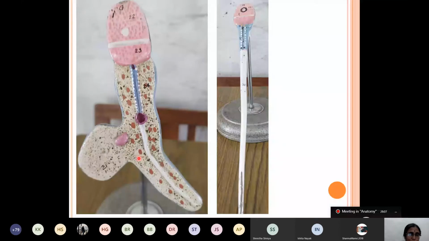In this model, an excessive amount of cytoplasm is being pinched off, and later gives rise to the mature spermatozoa. Which part of the spermatozoa is this? The head, which is formed by the condensed nucleus covered by the acrosomal cap. This is the neck and this is the middle piece. The middle piece is invested by this blue covering with the white dots, the mitochondrial sheath. This is the tail, derived from the centrioles.